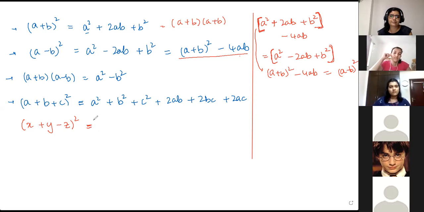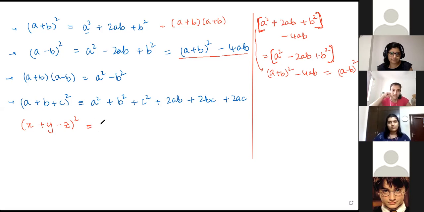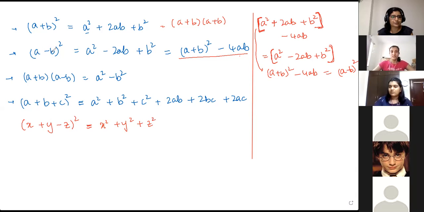Ma'am, so x square plus y square minus z square. Here there is c square, right? In place of c there is minus z. So if you square minus z, you get plus c square, plus z square. Yes, always, wherever you have the square, that will become positive. That's why even in (a minus b) whole square, minus b squared, the plus b square term comes. Okay? All right. Then continue.